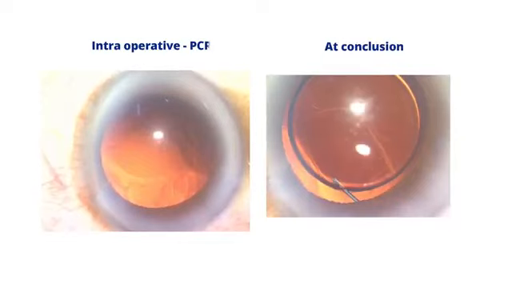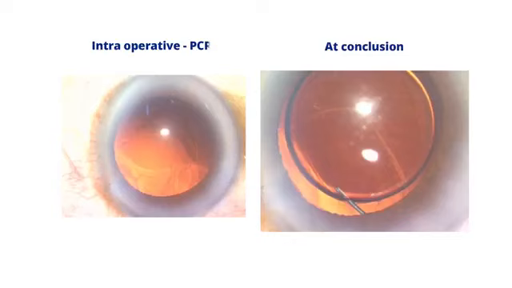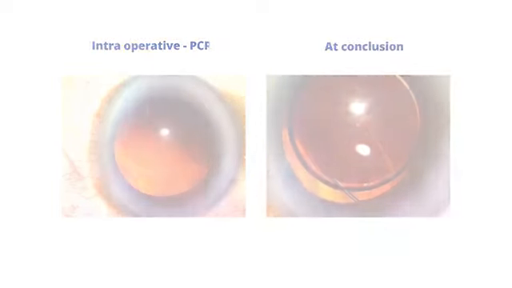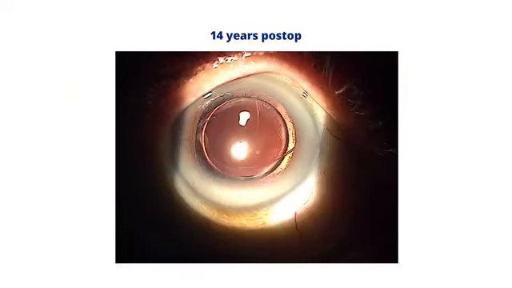At the end of the procedure, this is the intraocular lens, the 6 mm optic being nicely overlapped by the 5 mm capsular rhexis margin, and it's quite a stable lens that we have over here. This is a picture which has been taken about 14 years later, and as you can see, it's an extremely stable lens, and the optical axis is absolutely clear, amenable to totally normal visual acuity. So even though there was an incident, properly managed, you can end up with absolutely appropriate visual acuity which lasts the patient for the entire lifetime.